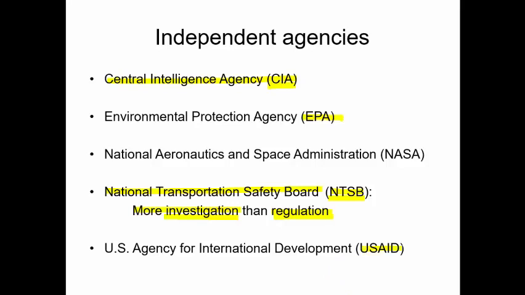Same thing with the U.S. Aid Agency right here, because, for example, if the State Department was over this group right here, they would say, oh, well, we need to get this particular country on our side to help with the war on terrorism. Well, then that would be a conflict of interest, because then we would be giving them money just so that they would be our allies, whereas this particular agency right here would be giving money strictly because they need it in order to develop their economy. So that would provide a reason why this group right here, the U.S. Agency for International Development, would be an independent agency.